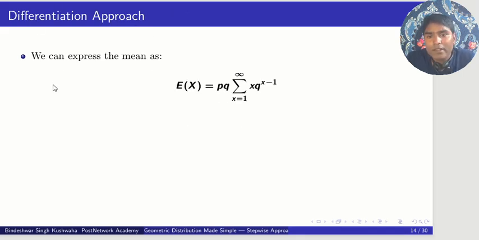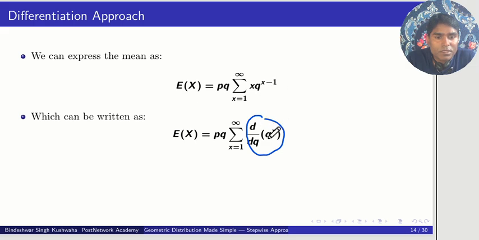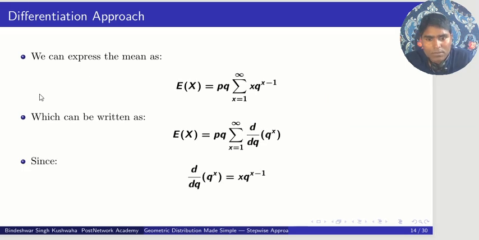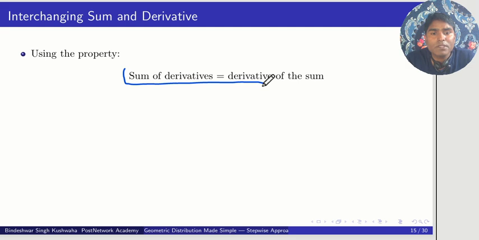Now we can write in this form. Here we will just use a trick. See that if we differentiate q raised x, that would be x q raised x minus 1. So the same thing we have written here, and thereafter we can write in this way. See that this property we are going to use: sum of derivatives is equal to derivative of the sum,